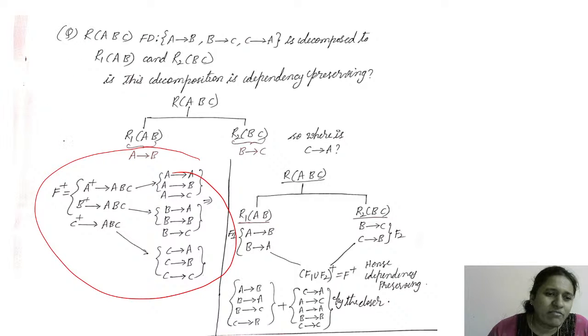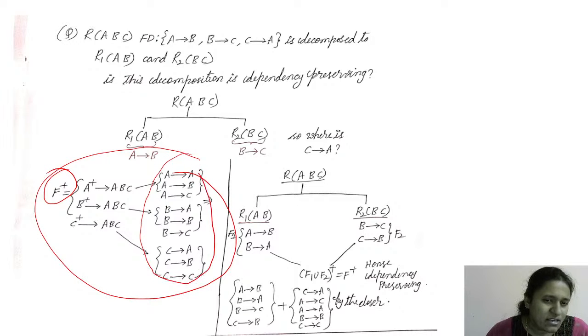From the given relation we have to see F plus, because in F plus only we will get all dependencies, right? A to B, B to C, C to A. In this, whatever we are getting, we have to see in depth, and whatever we can write under AB, we have to write under AB. A to B, B to A also we can write here. B to C, C to B also we can write, because this relation is having BC attributes. Whatever the functional dependencies contain BC, we have to write under BC, and AB we have to write under AB